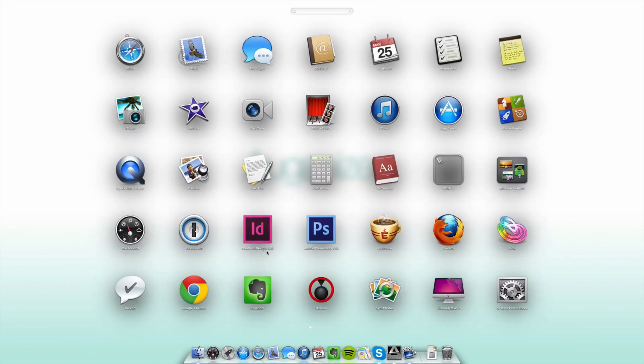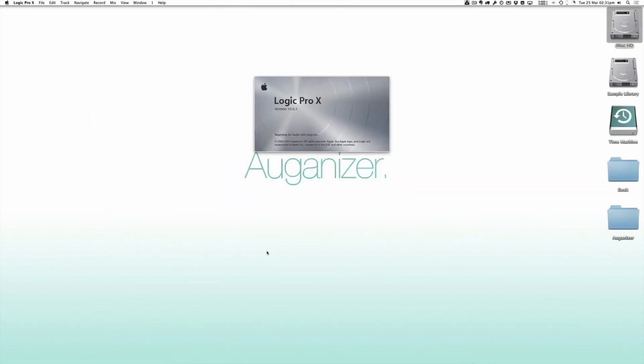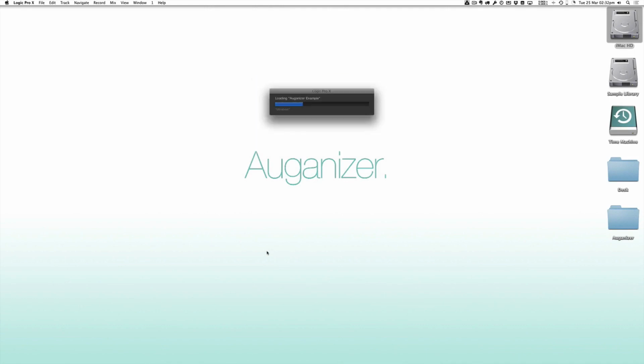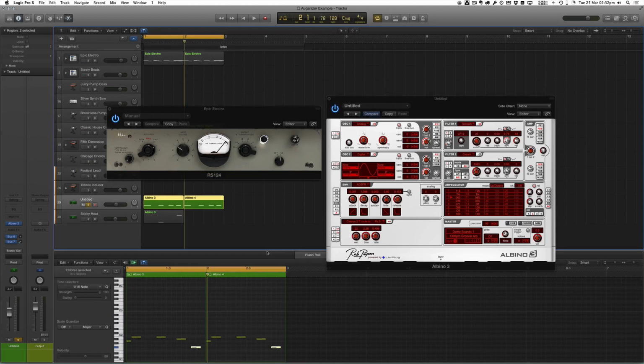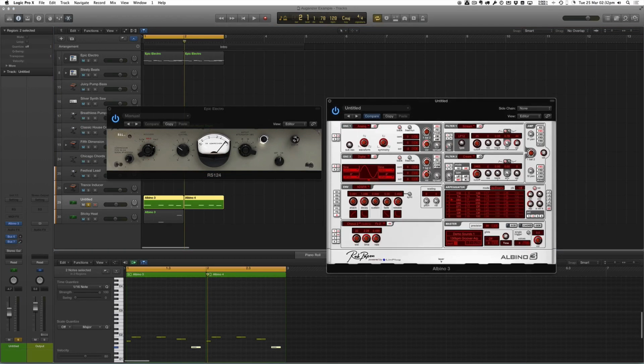So we'll just open Logic. And I've got a test project here, nothing special, but it'll just show you how this will work quite easily. And just ignore that because I don't have my MIDI device attached. So I've got an instance of the Albino synthesizer here, the Albino 3. As you can see, we've got it on analog. We've got a cutoff of 25. I'll just give you a quick play of this very basic preset. So nothing special, but